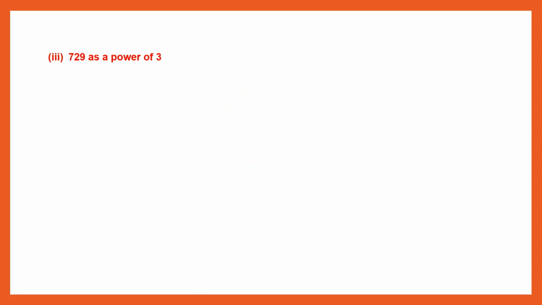Question 3, 729 as a power of 3. So that means we have to divide 729 by 3. So this will be 3 2s are 6, but the number is 7, so there's 1 left. So that becomes 12. 3 4s are 12. Next number is 9. 3 3s are 9. So now we have